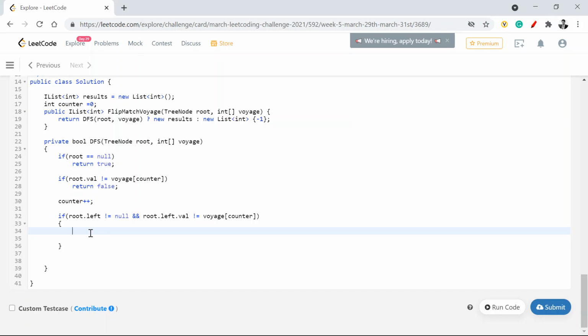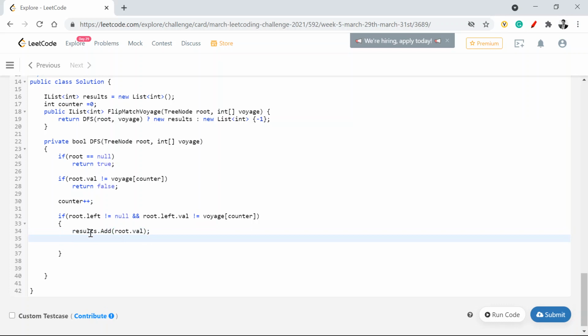But before going there, I'll note down this node wherein I'm doing the flipping. So I'll say results dot add my root dot val where the flip happened. And I'll return dfs root dot right voyage, because that's where the flipping happens, and then dfs root dot left voyage, because I already flipped.